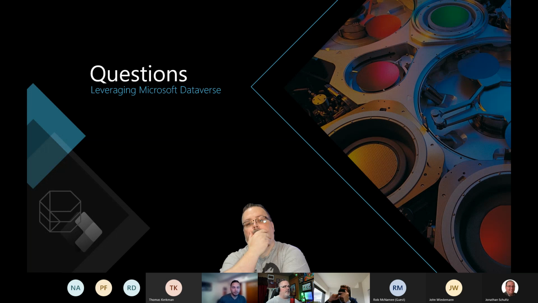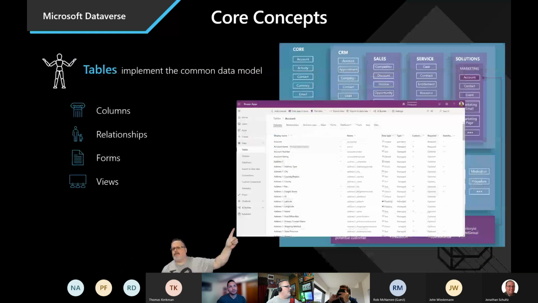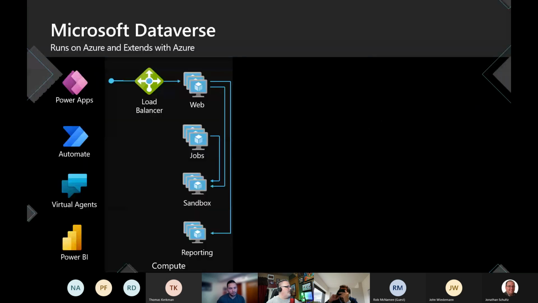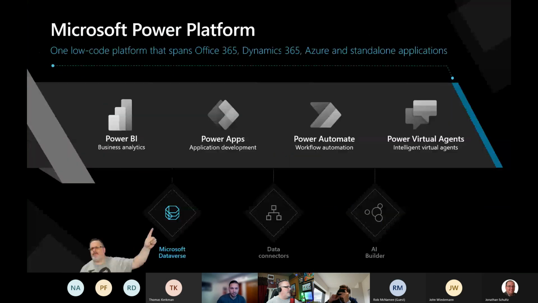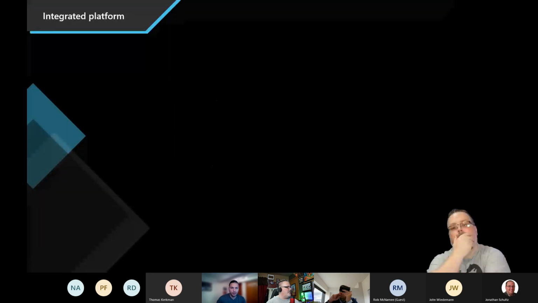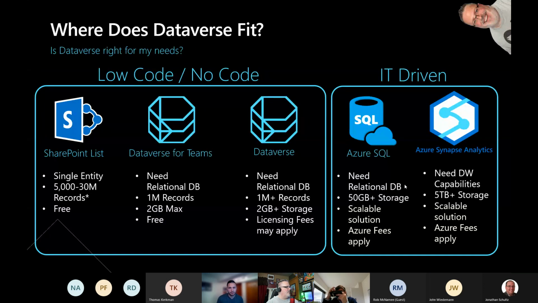Maybe even just diving into what the differences are again between Dataverse for Teams and Dataverse. Sure. Because I know there is a clear line, but it's not very clear all the time. So it's something I'm always re-educating and working with folks on, to showcase the differences between those two.